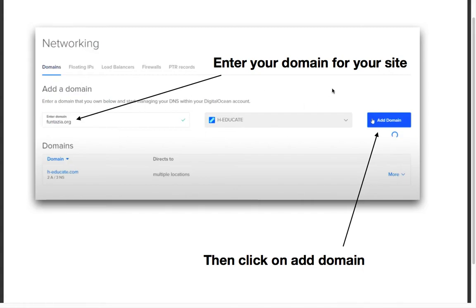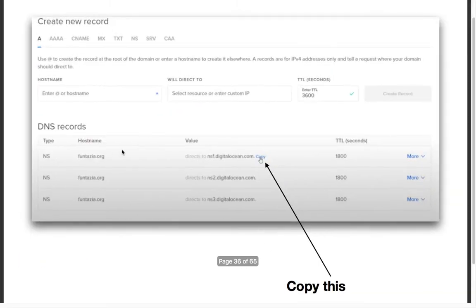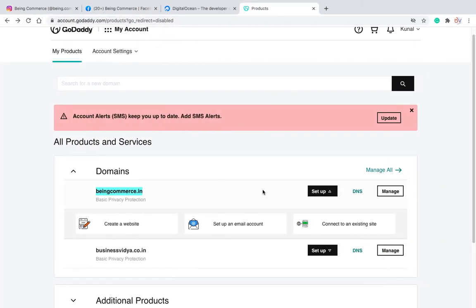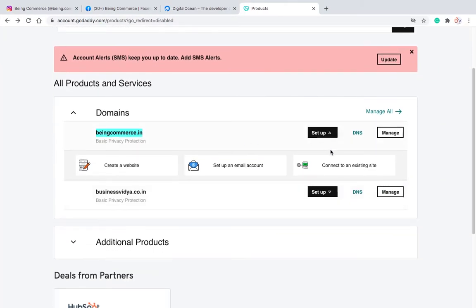Now after you put the domain, click on add domain. When you click on add domain guys, it will show you an interface like this. So now guys, what we need to do, we need to paste these codes. You can see value 1, 2 and 3. These codes we need to paste at our name server.